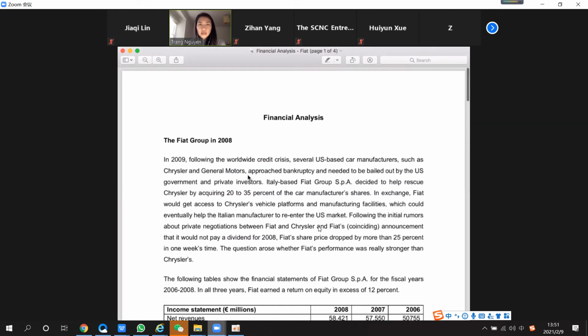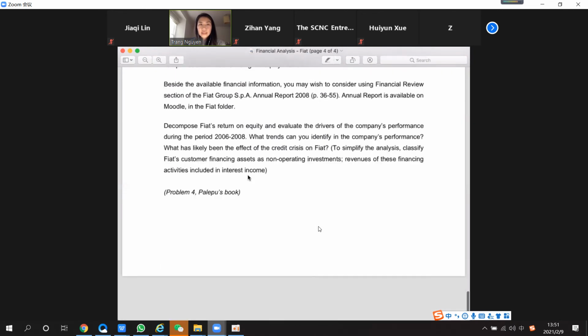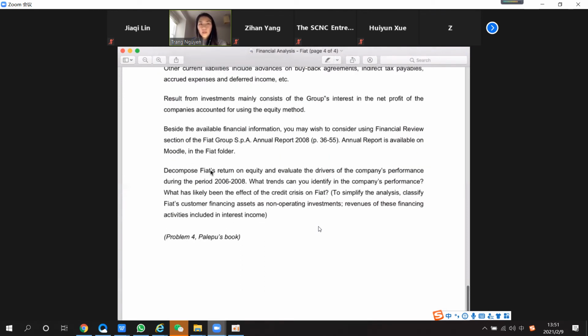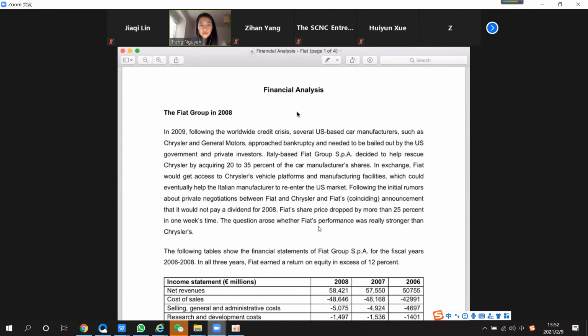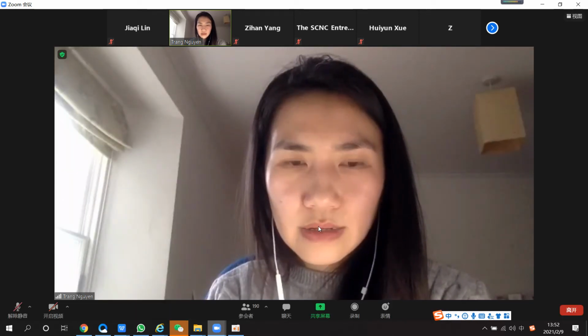So now let's look at the requirement. The requirement is to decompose ROE, evaluate the drivers of the company's performance during the period, identify the company's performance and the effects of the credit crisis on it. If you choose a firm that reports its financial statement in, say, September 2020 or June 2020, it may already mention something about the pandemic crisis. Okay, so now we will look at